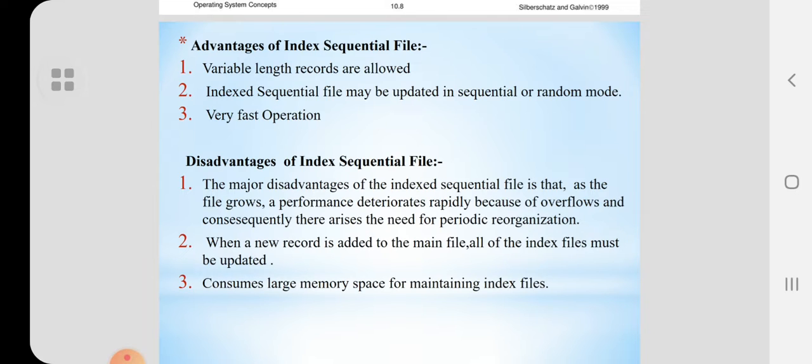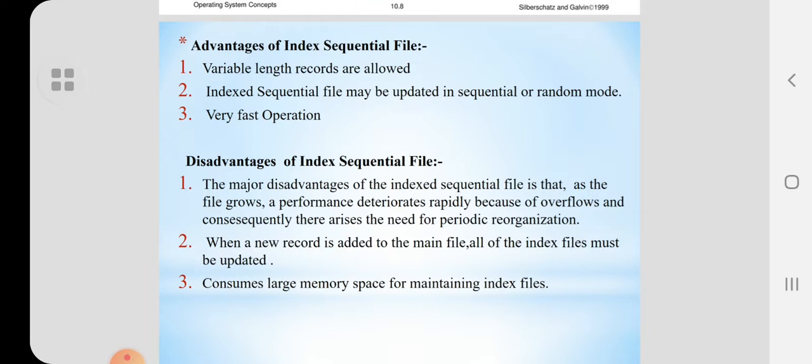When the index is created, it is created based on the key field, and if searching is required on the basis of other attributes, that is, based on some criteria such as the value in any field, then both these files become inadequate.